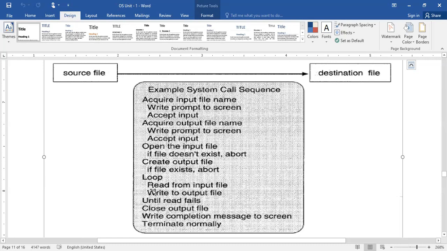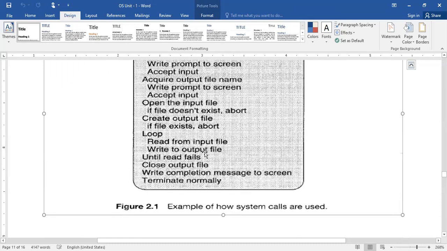And here you can observe read from the input file. Input file, practically, means a storage area, and storage area means we need the services of memory management, right? If you want to utilize the services of memory management, again it needs to act as a system call, so that you get the right to access the memory.